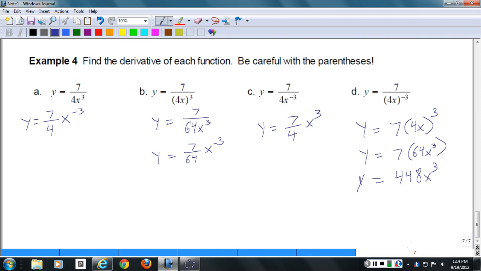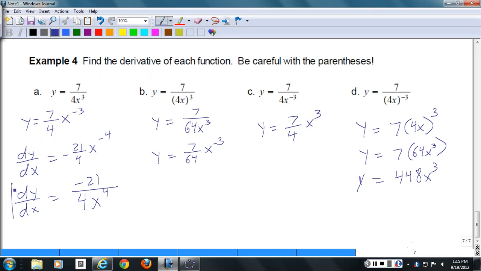And then, how do you feel about those derivatives at this point? Do a little bit of algebra. It shouldn't be too bad. Let me see if I can do it. dy/dx equals negative 21/4 x to the negative 4. So I guess there is a little something to this, because then I want to write it as negative 21 over 4x to the 4th. So there's the task of taking the derivative and then cleaning it up a little bit and expressing it with a non-negative exponent. So final answer to that part, dy/dx